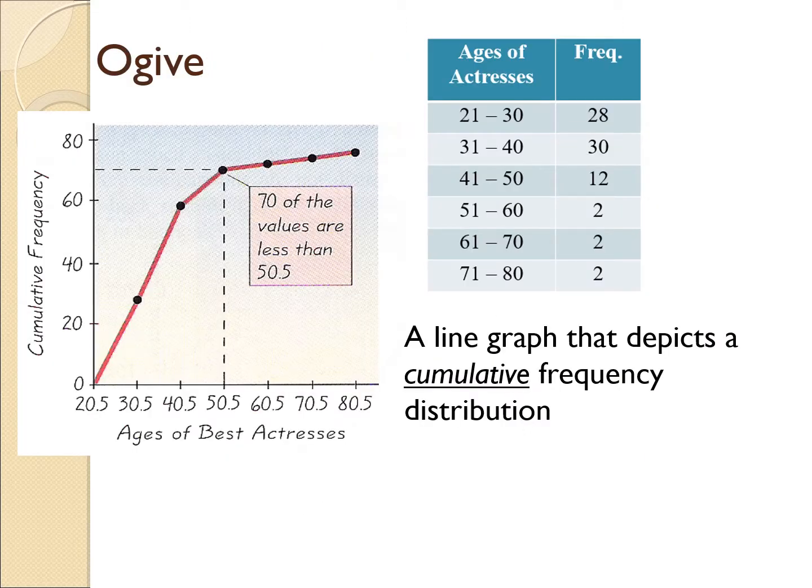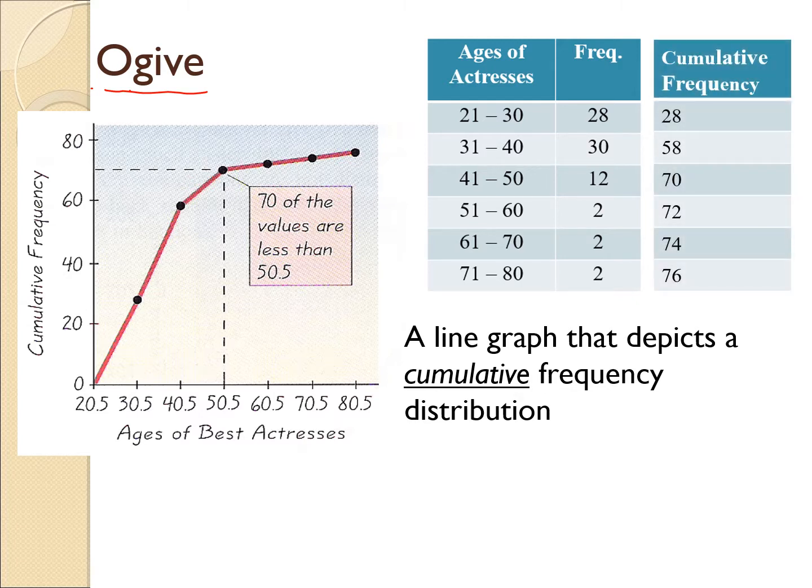This next one is a bit of an odd pronunciation. It's called an ogive, and this is a graph that's showing the cumulative frequency distribution. And we had talked about this when we were talking about frequency tables. Cumulative means we're just going to sum up all the frequencies that we've seen in the classes preceding the one that we're in. For example, if we're in class 31 to 40, there's 30 in that class, and there